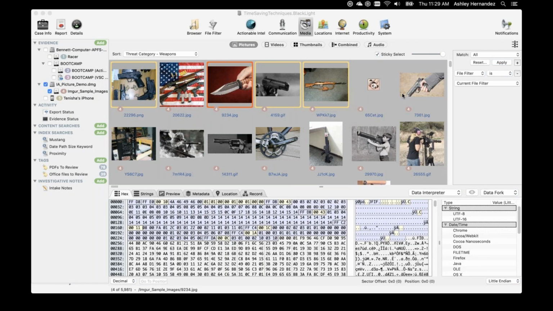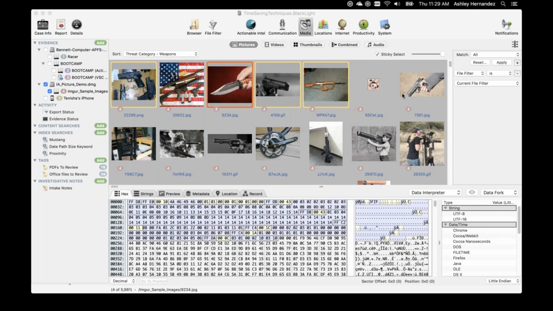So I mentioned the CSAM, the exploitive material piece, is one that is going to be coming for the children's images. We've also had requests for identification documents and items around currency. Those are some of the most popular requests that we get right now.